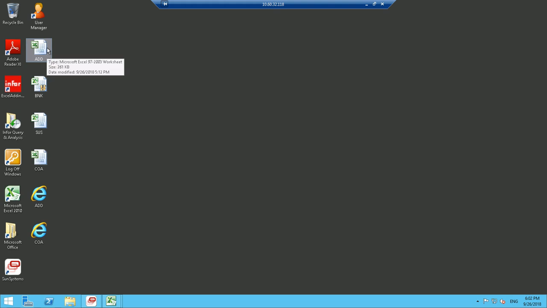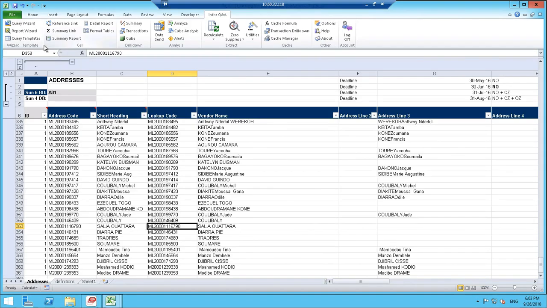First, you have to create either the ADD or COA XML file. Then you can move to SUS and then bank. So you can decide on that. What is the first file you should do? It can be either addresses or chart of accounts, but not the suppliers. So let's try addresses. After opening the file, log on to